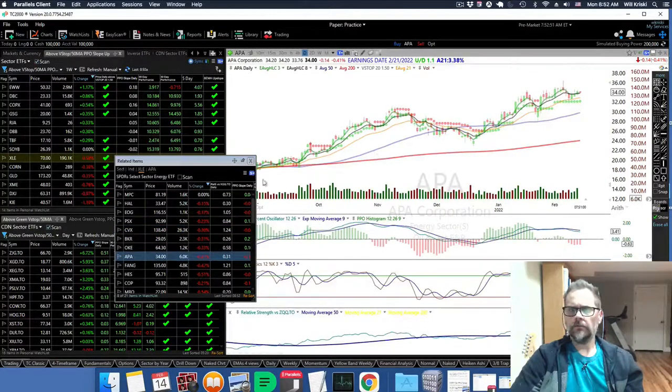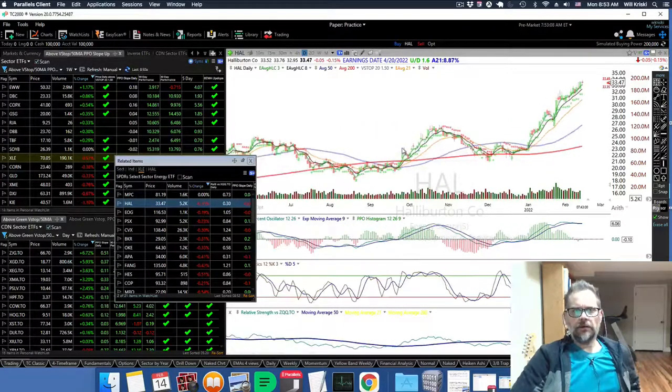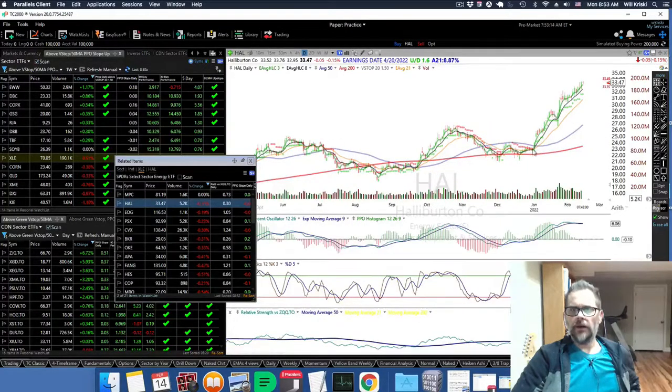Apache. So Halliburton. If you want to look at the energy stocks, you can see where it crossed the 50, then you had this nice uptrend here. It is flattening and sort of crossing down right here. So we might be, generally, when you look at the trends, they don't last forever. Of course, they can go on longer than you expect, but